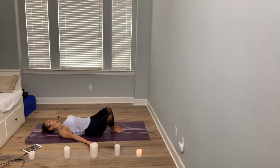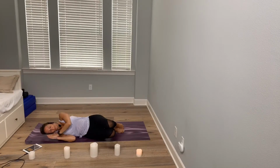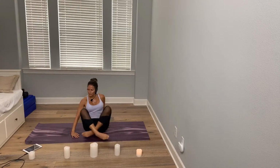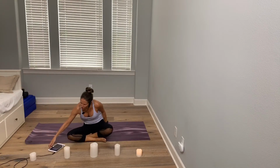Let your knees fall to the right. Let your body slowly, gently follow. Place your hands in prayer underneath, cradling your head. Just take a moment here to breathe in fetal position. Inhale and exhale. And when you're ready, slowly help yourself up to seated position at the top of your mat,